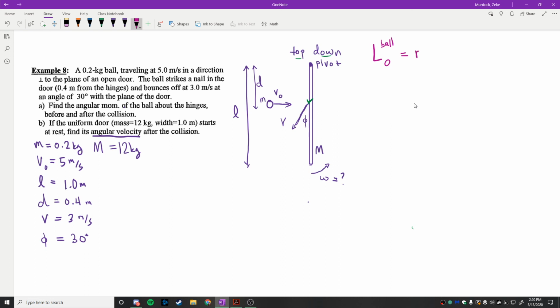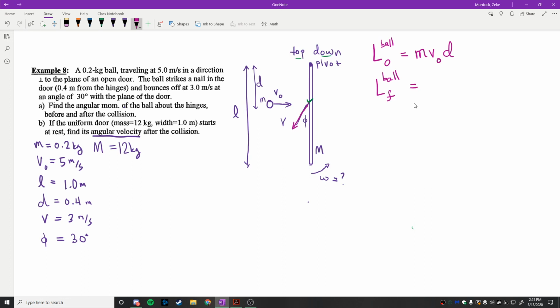So the initial angular momentum of the ball is going to be, well, this one's pretty easy, right? It's the mass of the ball times its velocity. We need a distance. The distance is going to be d. That's the perpendicular distance from the ball to where the hinge is. That's d. The final angular momentum of the ball, that is to say, when this is the final state right here, when it kind of moves off like this,